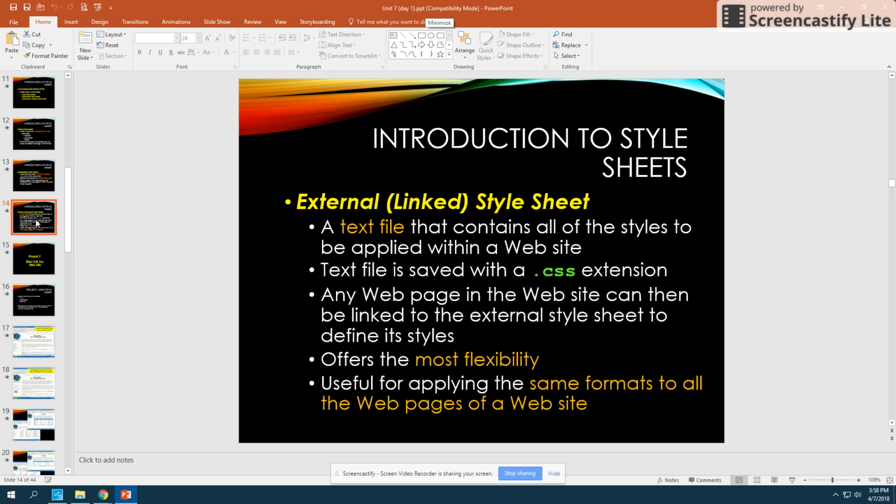And then finally, an external or a linked style sheet is a completely separate text file that is intended to be applied to multiple pages within one website. So it's a separate file. It ends with a CSS extension because it's written in the Cascading Style Sheets language. And then any page within a website can be linked to that external style sheet. So you can say, I created this style sheet, and then you can link as many pages as you want